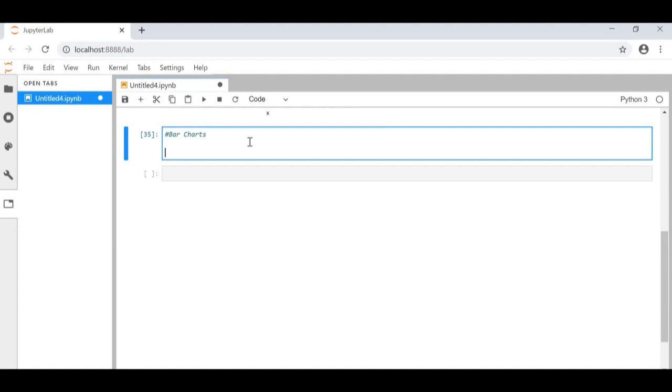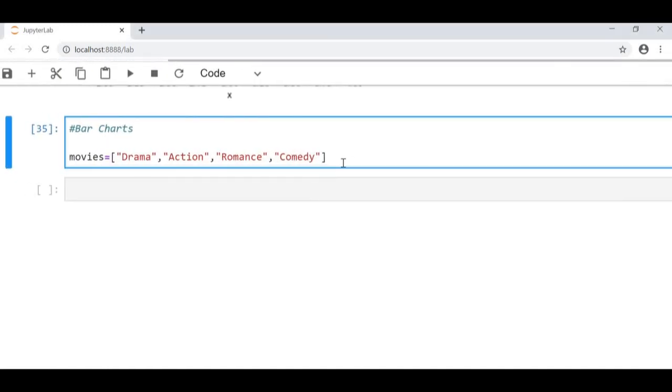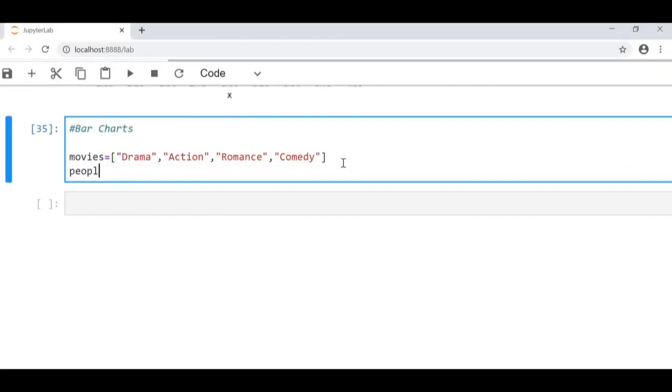Let's just say you're creating a bar chart for what types of movies people like. So let's create a list called movies. And inside here, I'm going to put in, let's say, drama, action, and then these are separated by commas, romance, and then comedy. Next, let's create another list, and this is for the people who like these. So let's just put in 20 for drama, 9 for action,